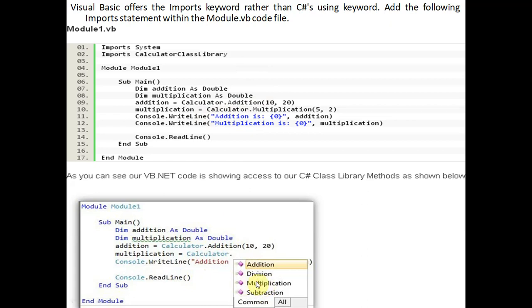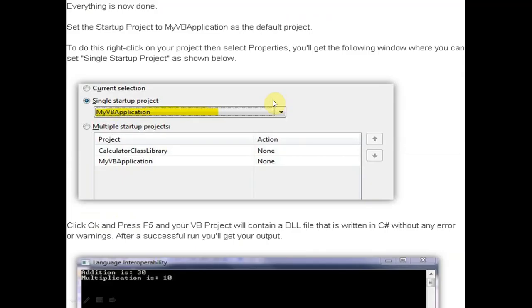Suppose we have to mention the multiplication function here, then we will select Multiplication with the mouse. If it is not showing, then there may be some error also. Suppose we have written Calculator dot, then it will automatically display all the functions. So we will select Addition here. This is the function, and this way we have written Module 1.